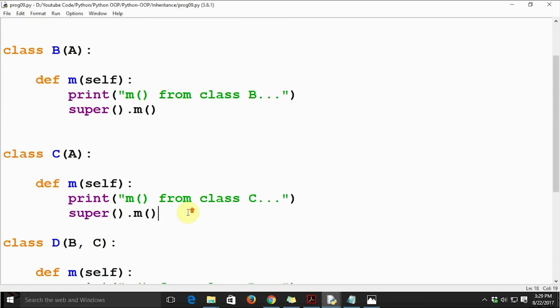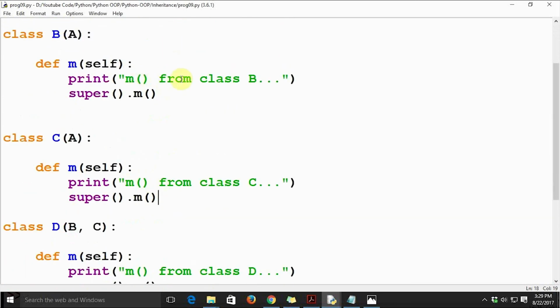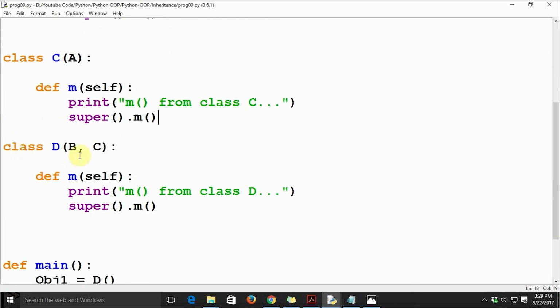Now all these three functionalities, whatever may be the part of these functionalities, I just want to inherit for class D method m. So here also I'm mentioning super m. Whenever I say super of m, it is automatically going to sort out which functionality is duplicated, and it is going to present you with only one implementation of the functionality, so that there is no repetition of the code.